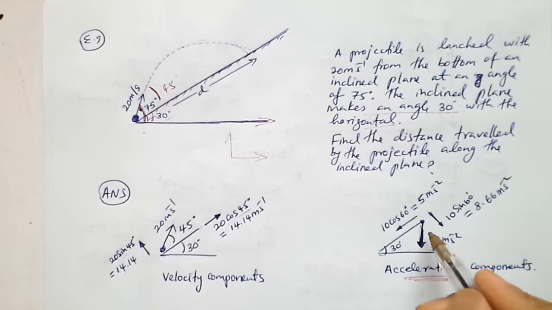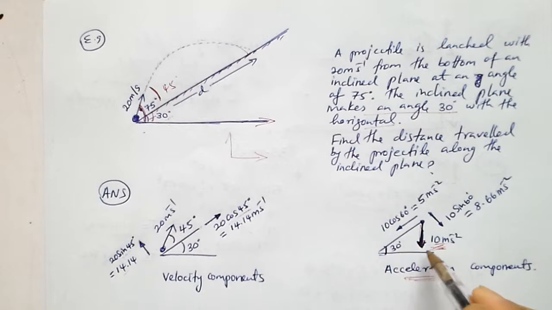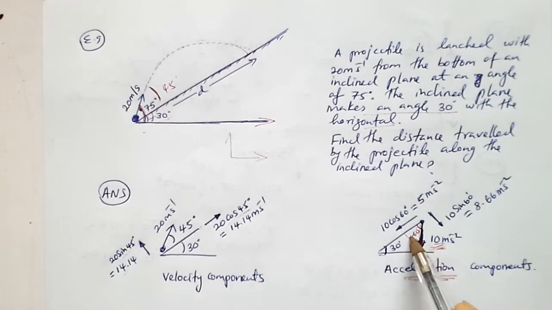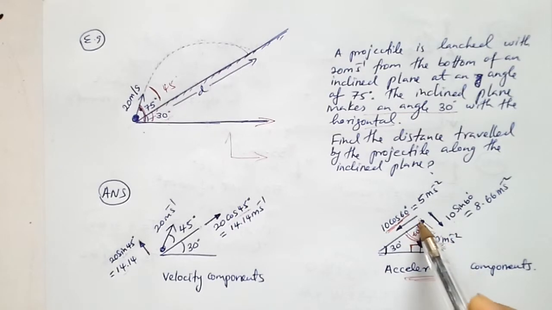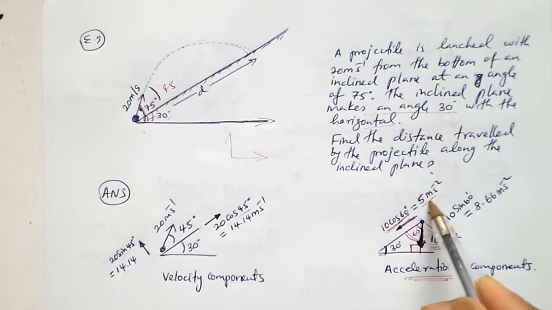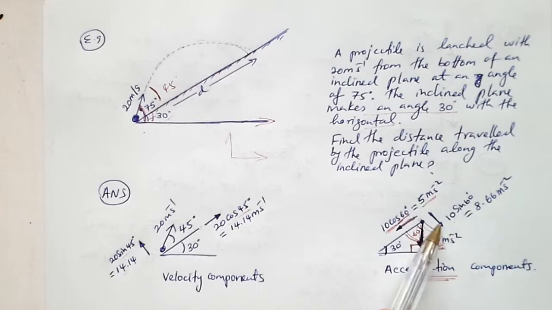So this is my velocity, and the acceleration due to gravity is 10. Remember, this angle is 30 and this is 90, so this should be 60 degrees. I can divide this acceleration towards this angle. Remember, I said if you divide a vector towards an angle, you use the cos component. So you can say 10 cos 60, and if you divide away from the given angle, you use sine. So if you divide this acceleration, along the inclined plane you will get 5 m/s², and in the perpendicular direction you will get